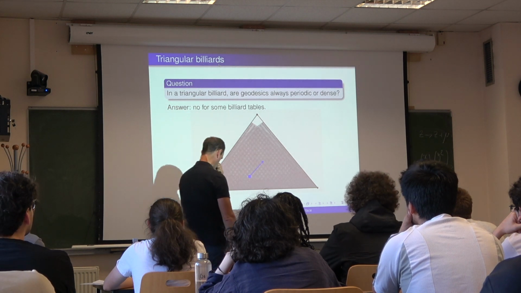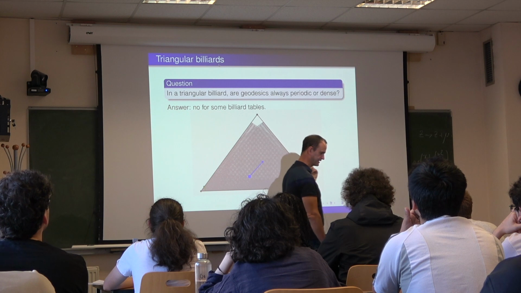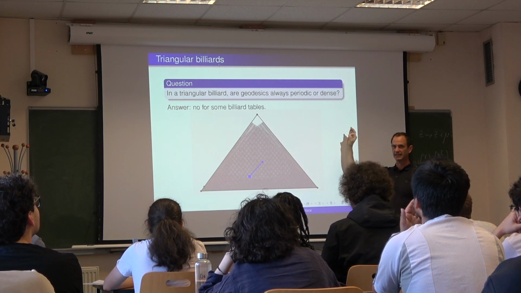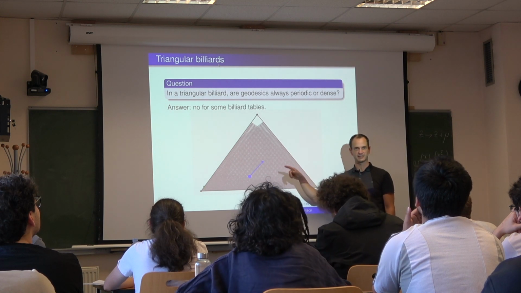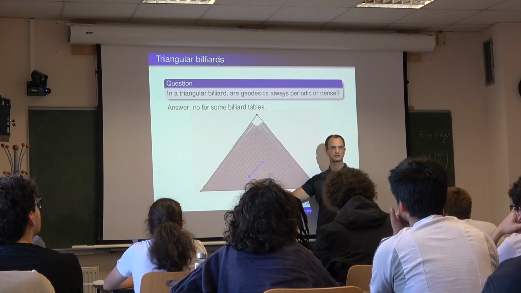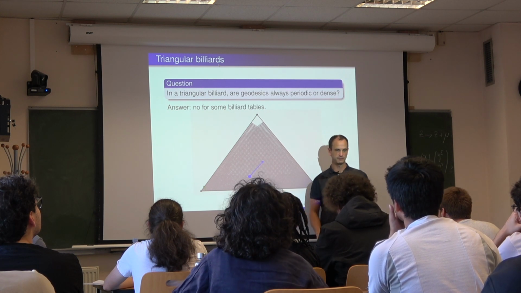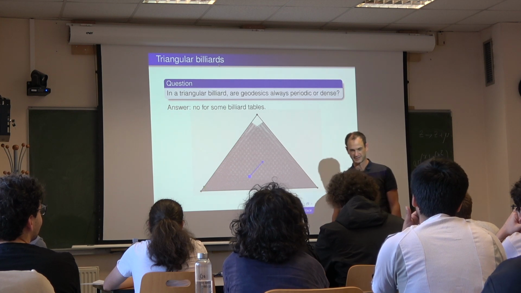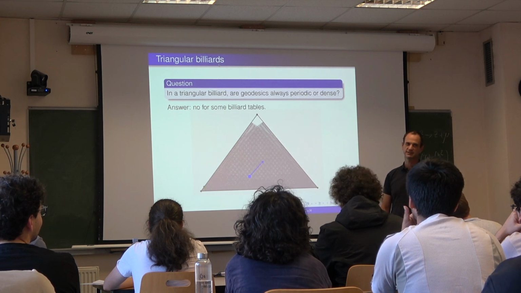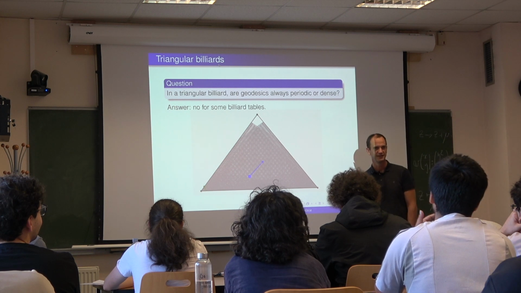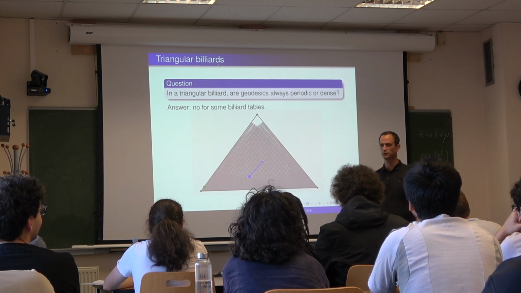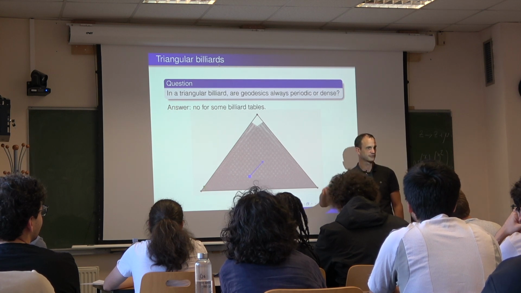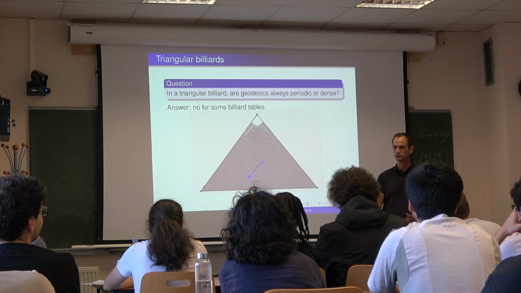Now, I was very surprised. Last time I gave a similar talk, last year, I did write in my slides that in a triangular billiard, the trajectories are always periodic or dense. And one colleague of mine, Pascal Rush, who is giving a class this year on the subject of billiards, asked me, how do you prove this result? And then I don't remember why I wrote that on my slides. And I went to the internet trying to find the proof, thinking that people must know about this